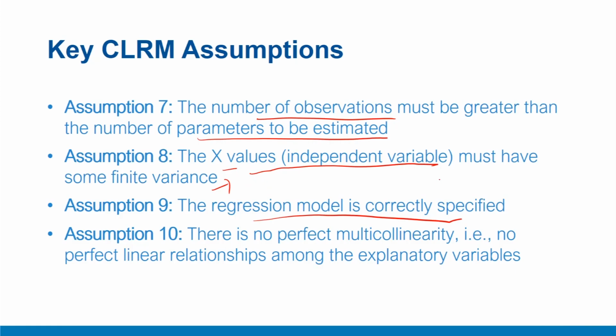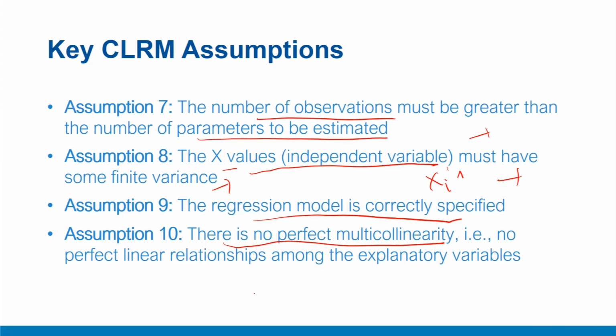The regression model is correctly specified, which means all the relevant influences, that is the x's, are taken in the model, and those that are left out or not considered should be very small, so that even if they are mixed with the error term, because we are not accounting for them specifically in the model, they should not create any trouble in estimation. Lastly, there is no perfect multicollinearity.